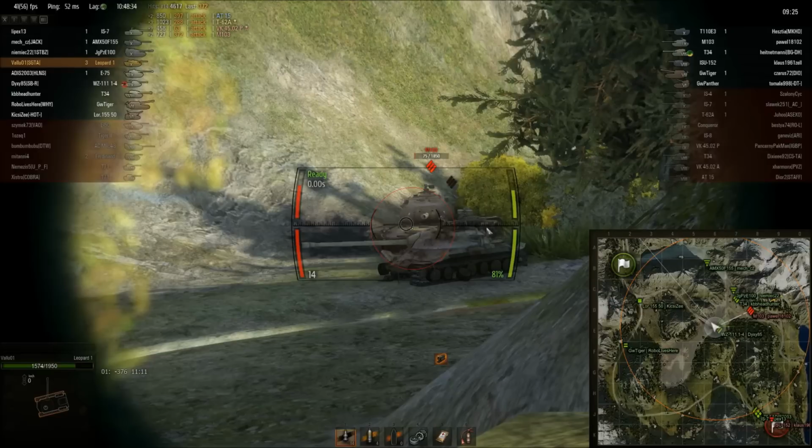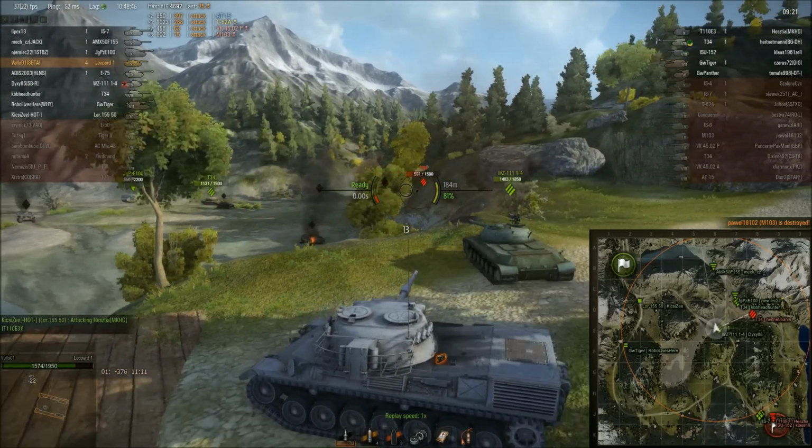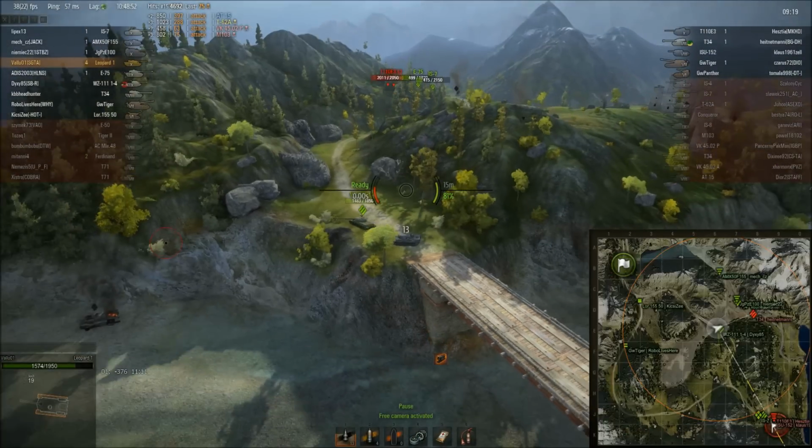Back side of the hull and back of the hull, that's a good idea. No armor right there, so it will always penetrate. But IS-7 is a little bit in the way. But fortunately, you can see how accurate the gun is. Easily penetrated. Right now, T-34 is about to die, and our guys are still alive on that flank,